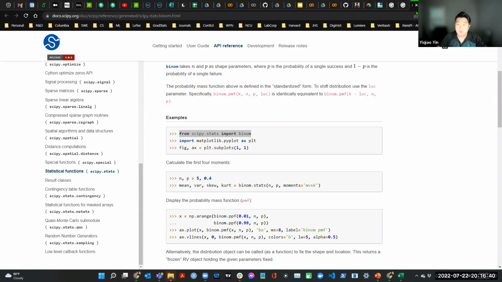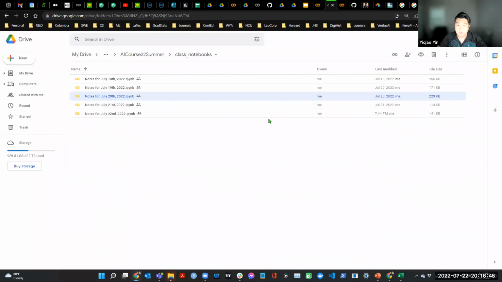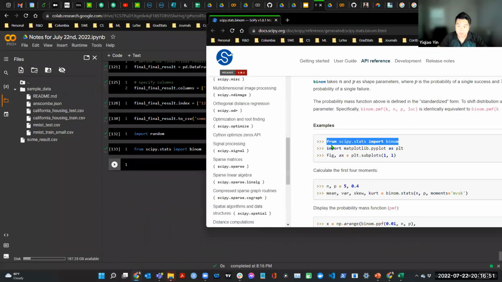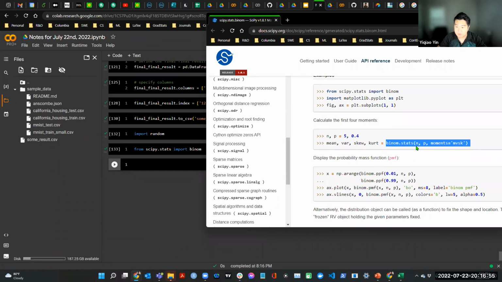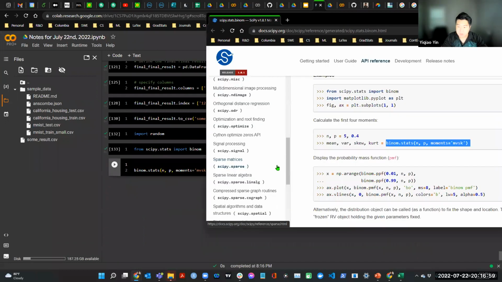All right. Okay. So let's see. All I gotta do is copy, or obviously look at the library, right? And then you say import library. All right. Cool. And then you have binom, and then all you gotta do is you need this thing. So you need to define n and p. So what is n? N is 5, p is 0.4. Well, you don't have to have 5 and 0.4. I mean, you can, but you can do